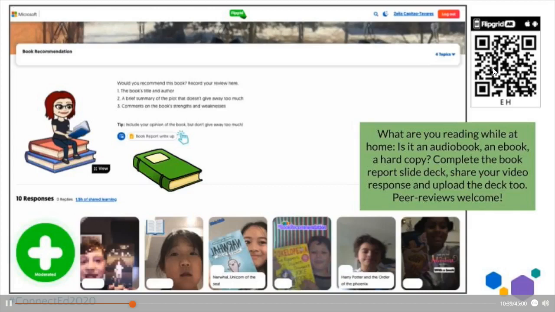Let's go check out an example here. And what's really exciting, we included a link to a book report write-up that they could write, and they could do more than one submission. And an example of that is here as well. And let's hear an example.